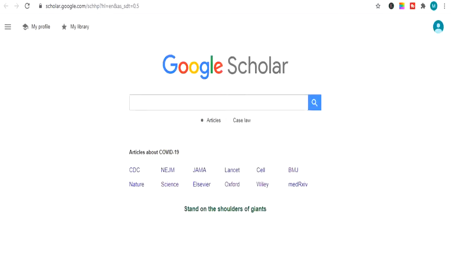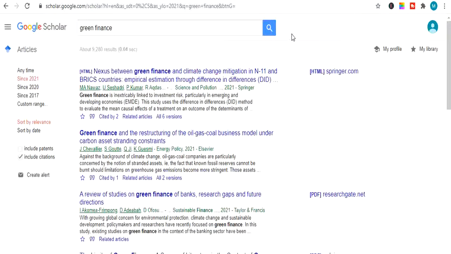So learners, now I will share topic number 9 with you. Topic number 9 is green finance. The first topic which I will share with you is related to green finance as well. It contains a mixture of two topics: one is green finance and one is climate change. If you are interested in this topic, then you can conduct a study on it.